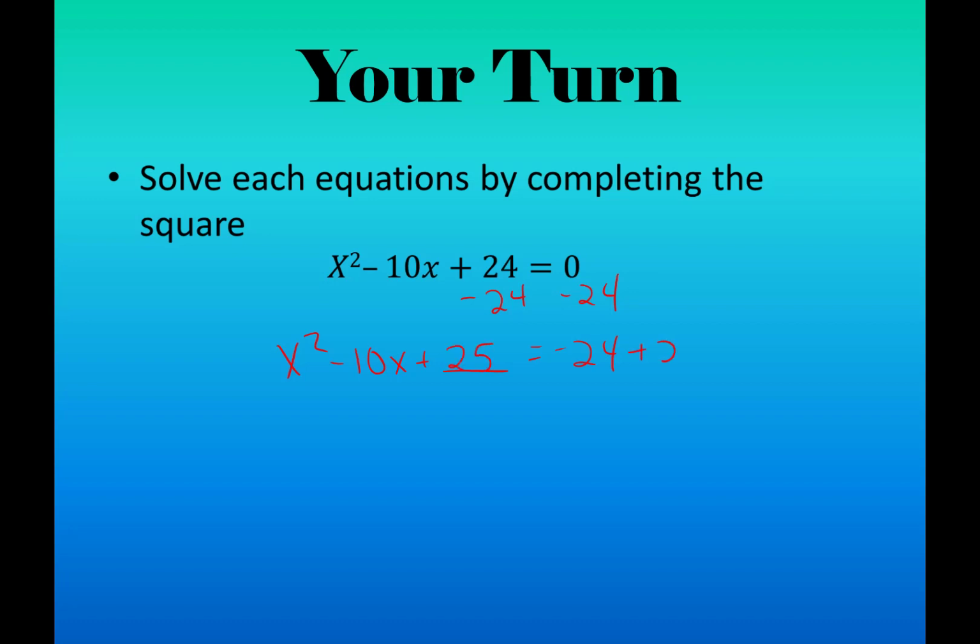So I'm going to add 25 to both sides. Now I can factor it and say x minus 5 squared equals a positive 1. Take the square root of both sides. So I have x minus 5 equals plus or minus 1. Therefore, x equals negative 6 or